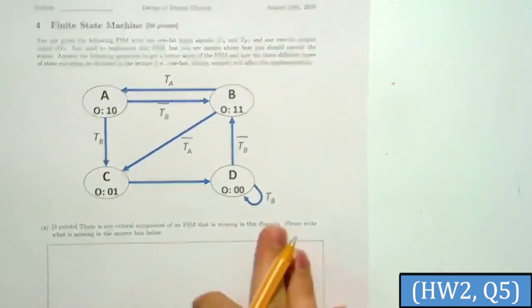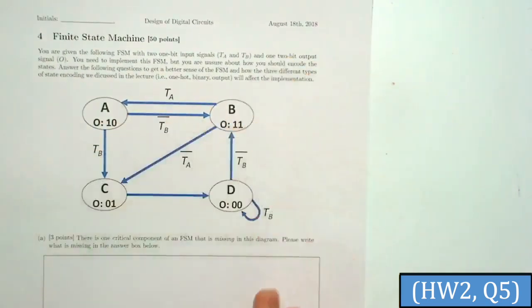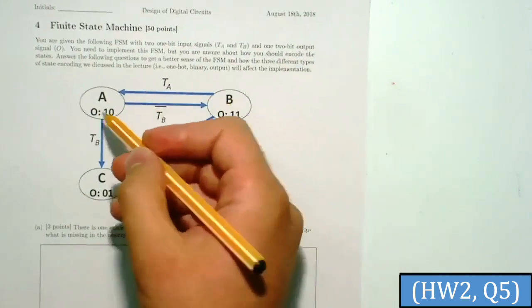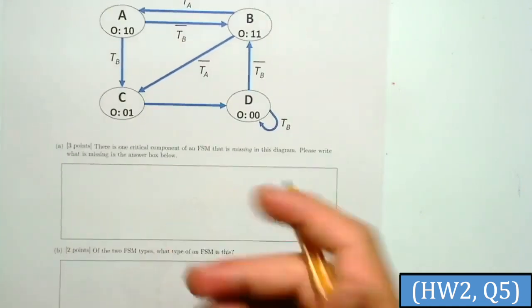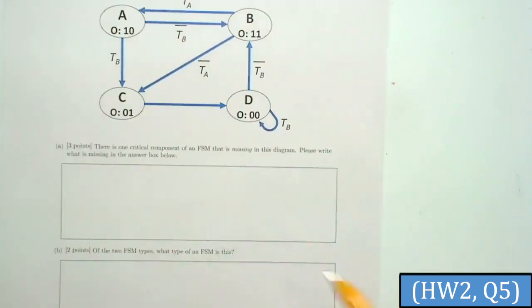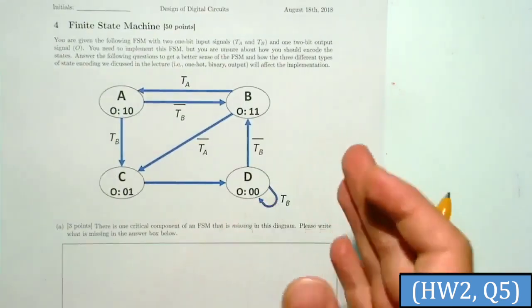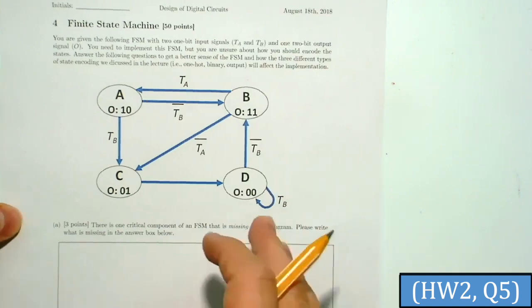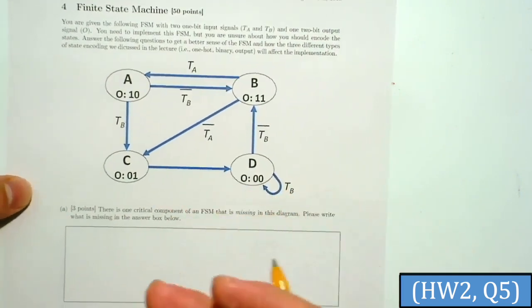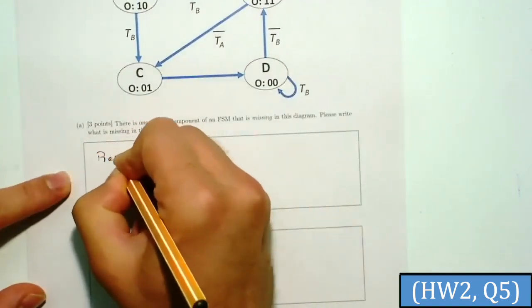So you can see it, right? Okay. For the question, we have states, and for the states, we also have the output, and TAs and TBs are inputs. The question asks, there's a critical component missing in the FSM, and what is this missing component? If you look closely at that FSM, you'll see that there is no reset line, right? We need to have that in order to have a deterministic behavior in that FSM. So we'll say that we don't have the reset line